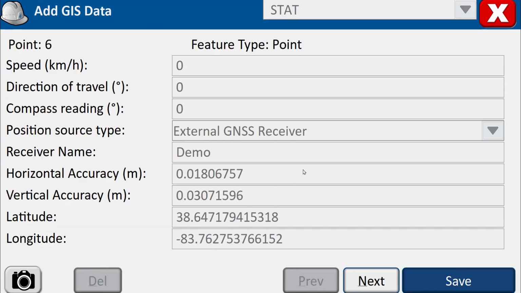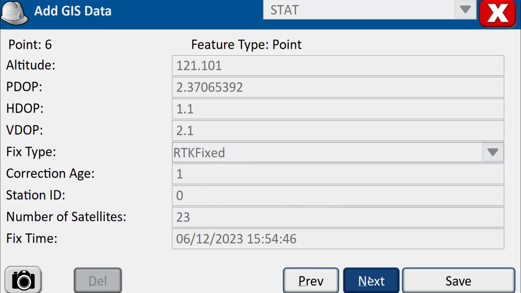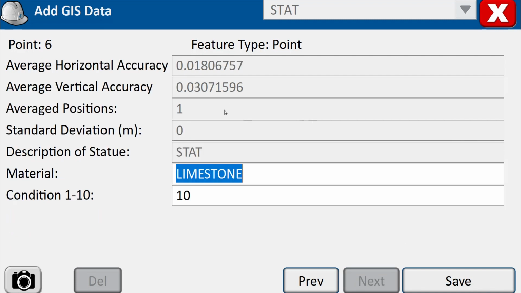And because this feature code was associated with this Esri feature, it's going to go ahead and bring down all of the GIS data that is associated with this particular feature layer. So here we have pre-populated the horizontal accuracy and the vertical accuracy and the latitude and longitude, all from the GPS that we're connected to, including the receiver name. And we've also got the PDOP, the HDOP, the VDOP. All this is happening automatically, including the number of satellites, the fixed time. Anything we can pre-populate, we do. And then finally we get over into the only things that the user needs to type in, which is